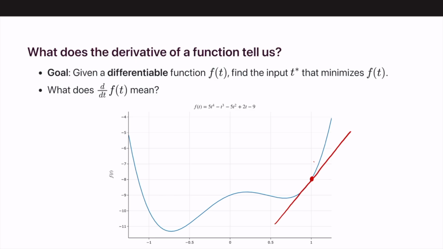And more importantly, it can tell us how close we are to a minimum. As we get closer, the derivative becomes smaller. Also, we can know if the derivative is positive or negative, which tells us which direction we want to go, either left or right. So taking the derivative tells us a lot about the local area that we're in on the surface of these functions, and we can use that information in some sort of computational process,